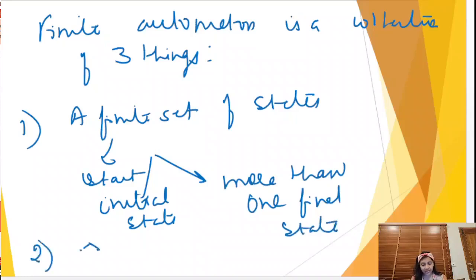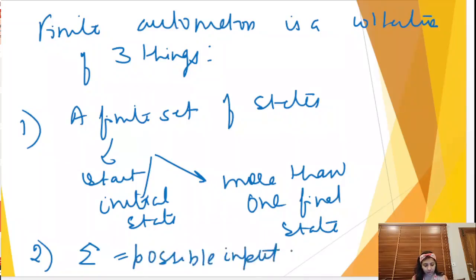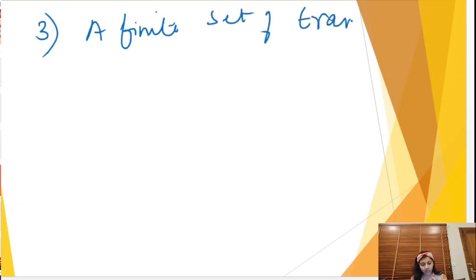The second thing is the alphabet for which we are drawing a finite automata. That is my alphabet set. So alphabet is nothing but the possible input letters. And the third mandatory thing in a finite automata is the set of transitions, a finite set of transitions